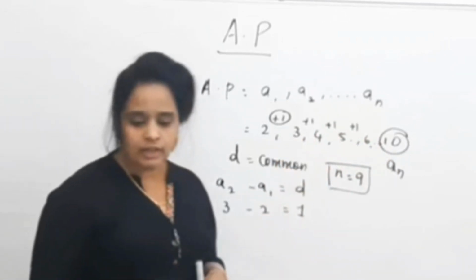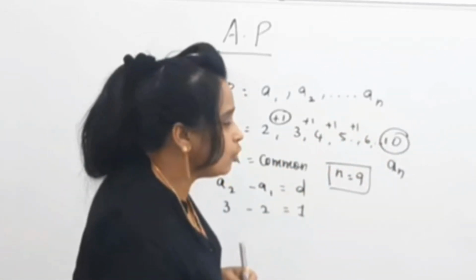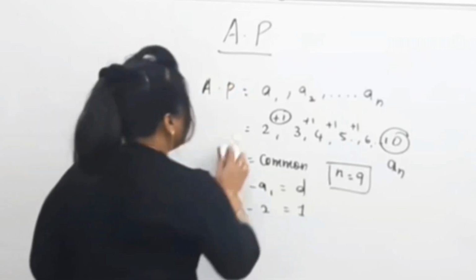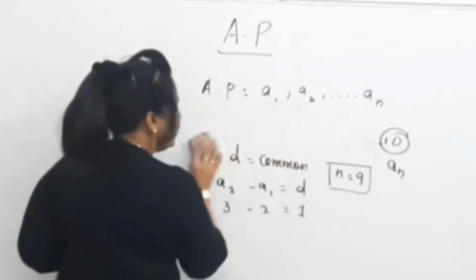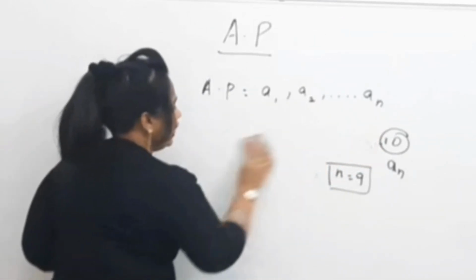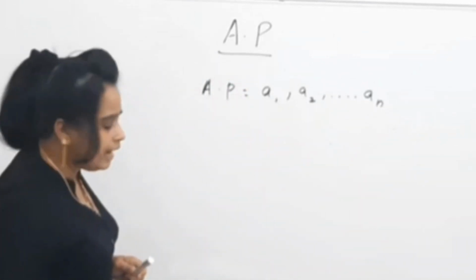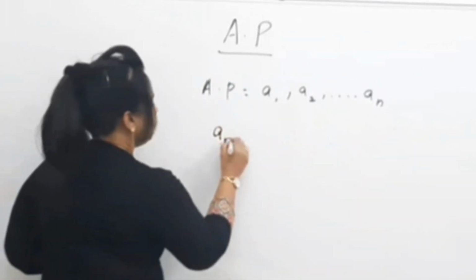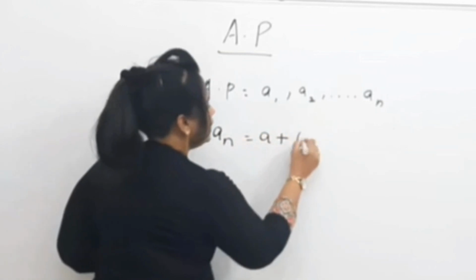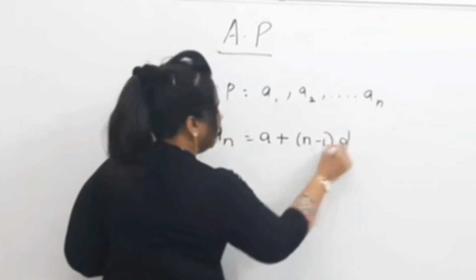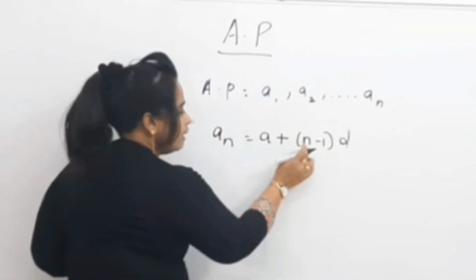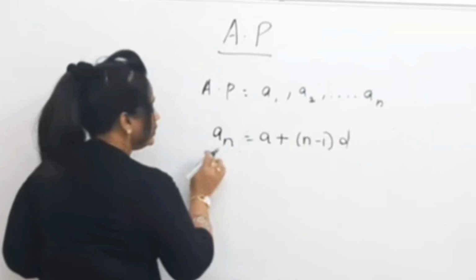Now, I want everyone to understand this concept, that to find any term in this arithmetic progression, we use the formula, that is an is equal to a plus n minus 1 into d, where a is the first term, n is the number of terms, d is the common difference and an